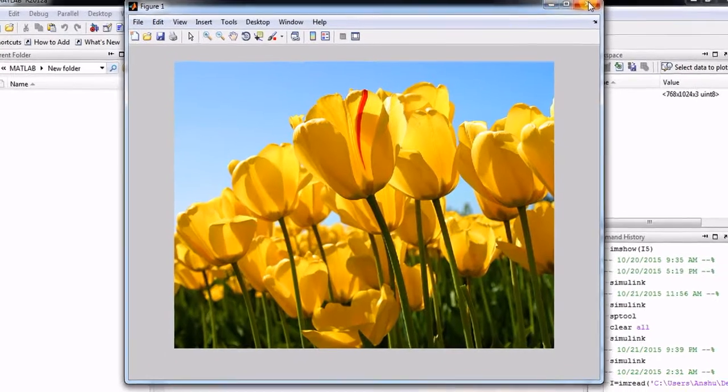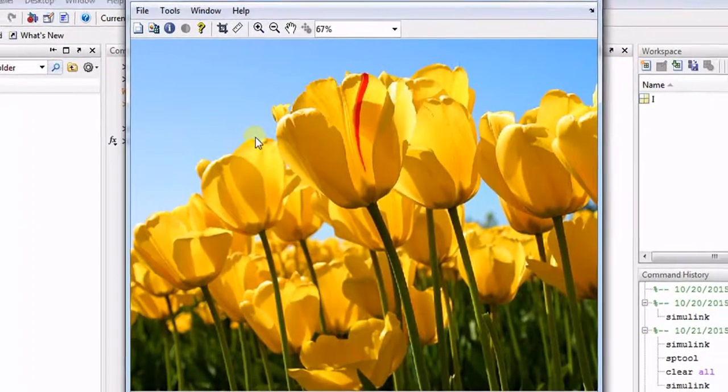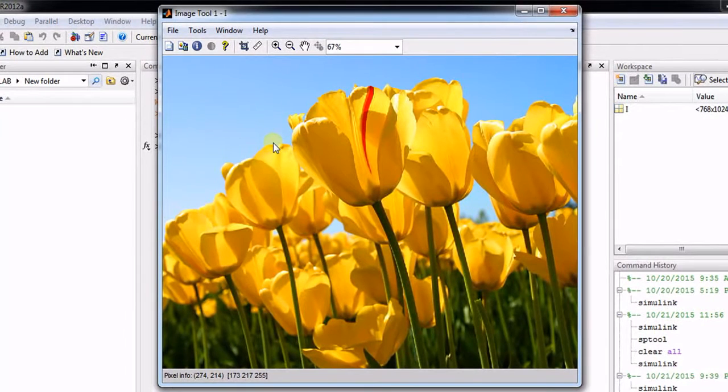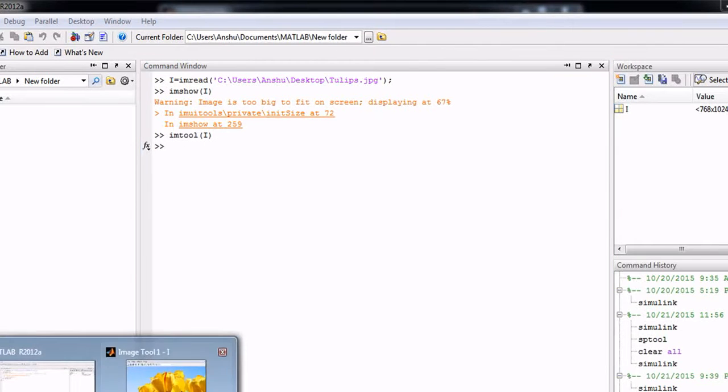Now for analyzing image, again there is one more command that we can use, which is imtool. imtool is again a similar command. The difference between imtool and imshow is, in imtool we are having several other functionalities like image information tool, pixel region tool, contrast adjustment tool, etc. Like you can see over here in down we are having